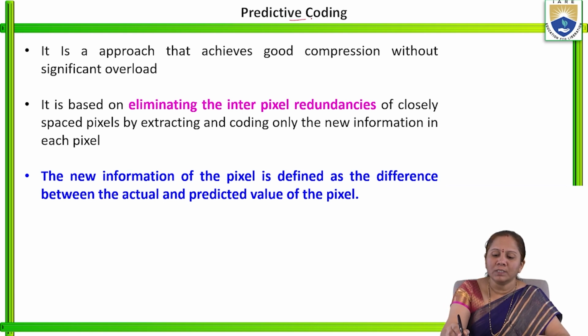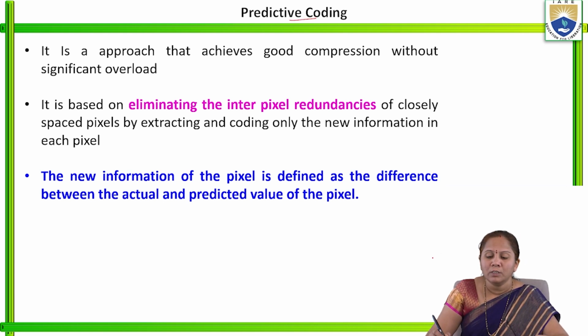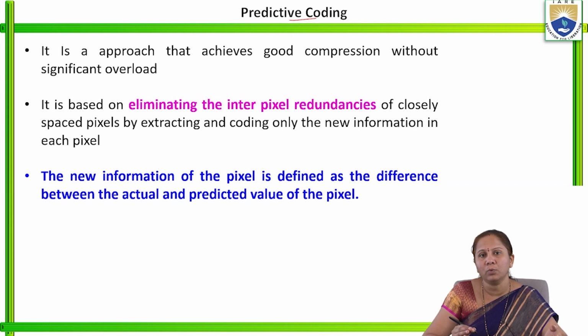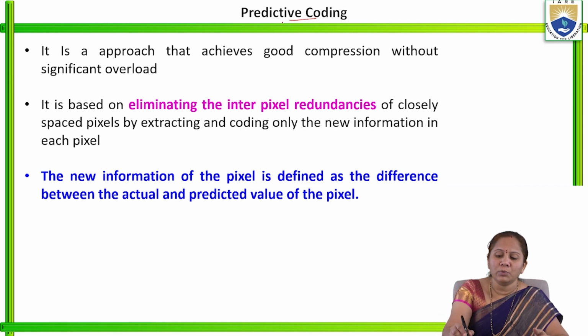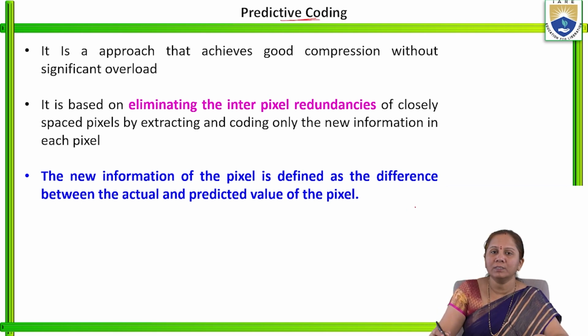So now coming to predictive coding. We should know what predictive coding is before going to the lossy compression technique, that is, before speaking about the encoder part and decoder part of this lossy compression technique. Why? Because in those block diagrams, in the encoder part or decoder part, we have one important block called the predictor. Okay, so there this predictive coding will be performed. Now let us see what is meant by predictive coding.